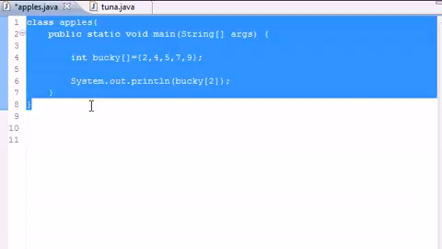Practice this a little bit, and in the next couple tutorials I'll show you how to use arrays in programs and how they're useful and why they're useful in